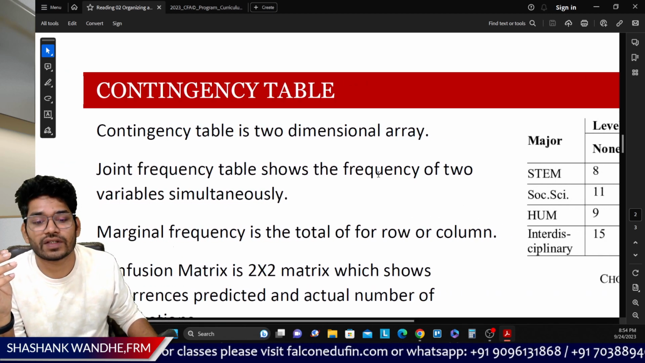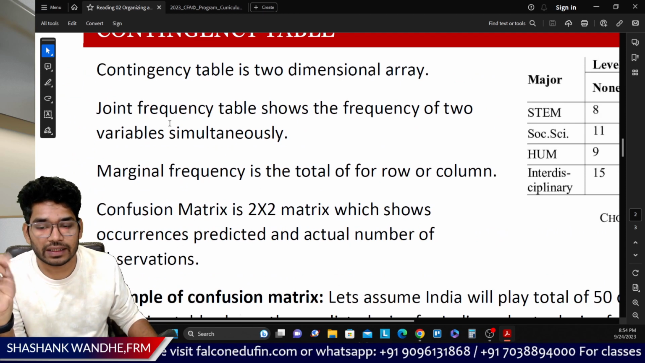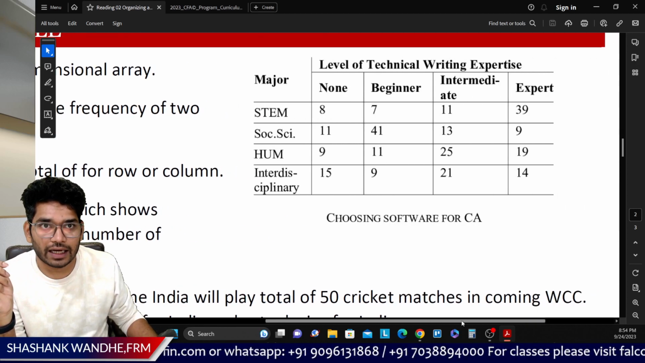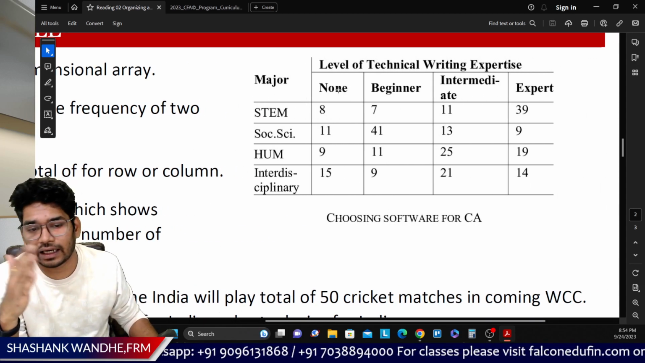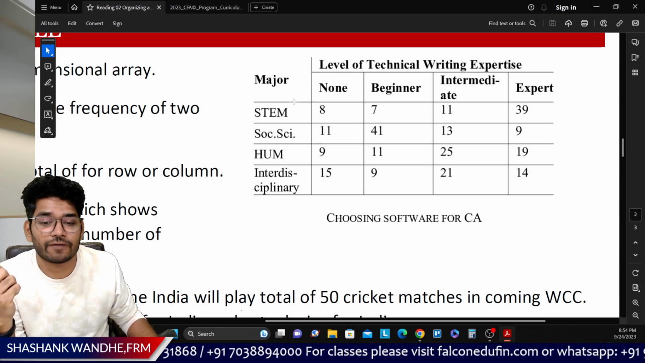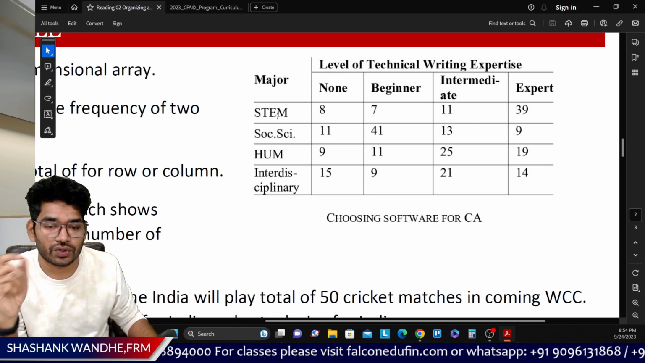Okay, so this is a joint frequency table, which shows the frequency of the 2 variables simultaneously. So here we are getting the 2 variables simultaneously. Now, marginal frequency. Marginal frequency is simply the value of each or either of the levels of the technical writing expertise or stream. For example, if someone asks you what is the marginal frequency of STEM students, so you have